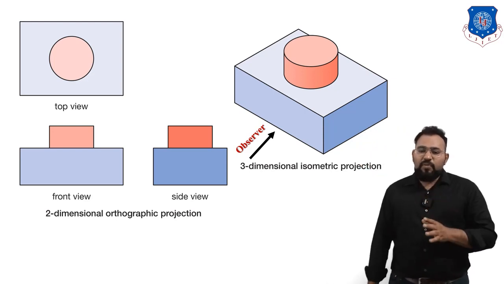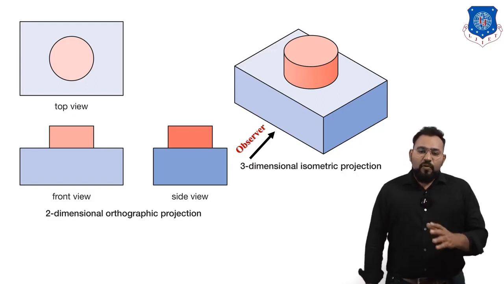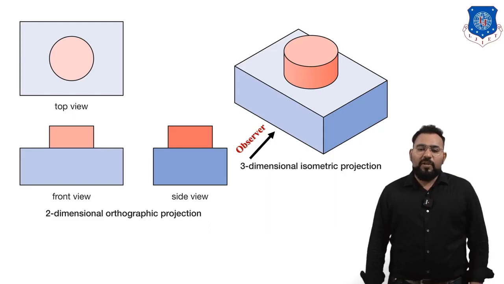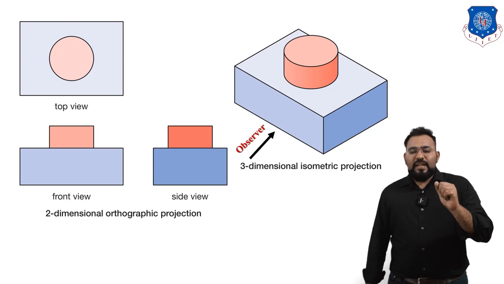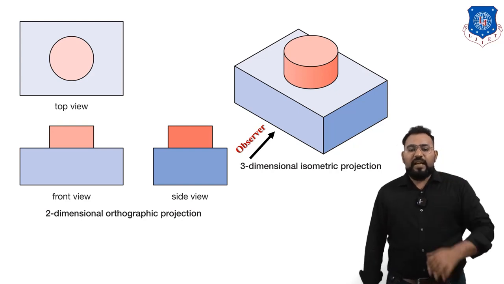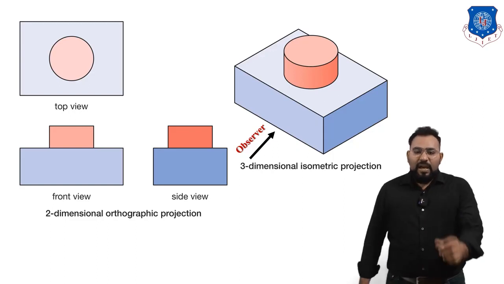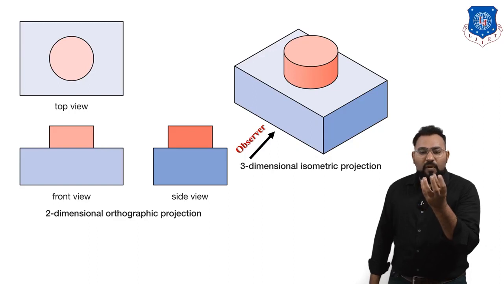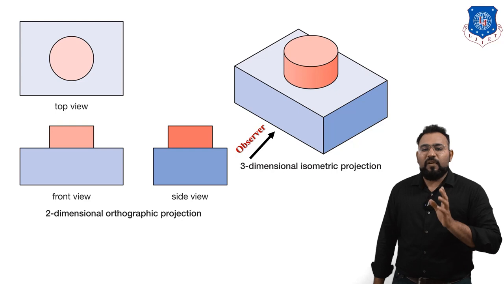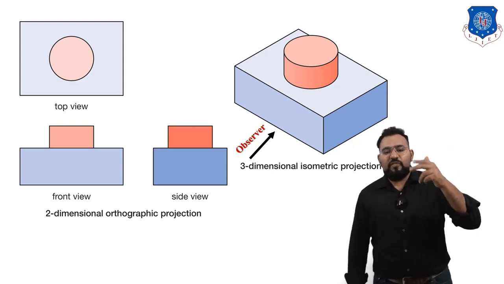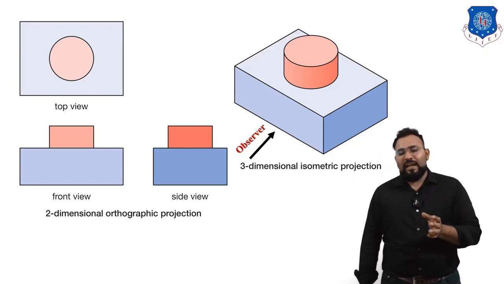So here see the 3D object and the observer direction. From there first we will derive the front view. How is the front view going to look? You know that we can only see the front face. So you can see the front view on your screen, the 2D drawing. The front view is going to look like this square. In the top part you can see a circular geometry, but when you look at it from the front, it will look like one rectangle. So in the front view we have two rectangles. The bottom part looks like a rectangle and the top part also looks like a rectangle.